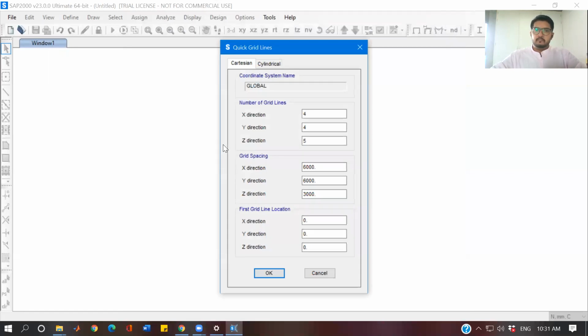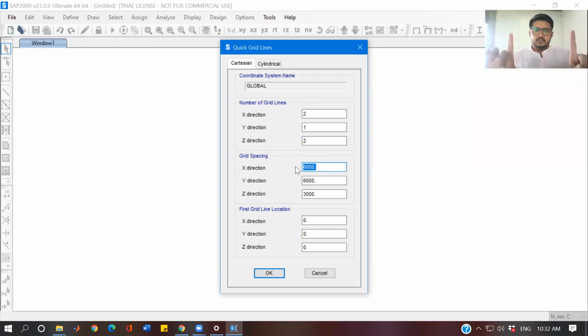And let's say I want to create a portal frame with 2 columns and 1 beam. So 2 columns and 1 beam, and that's a portal frame in my XZ plane. So my horizontal direction will be X, vertical direction would be Z, and the plane which is going inside would be Y. So along X direction, since I have 2 columns, I'll use 2 grid lines. Along Y direction, let us keep it as 1 because we have a 2D figure that we need to draw. Along Z direction again, let us put 2. So that is there.